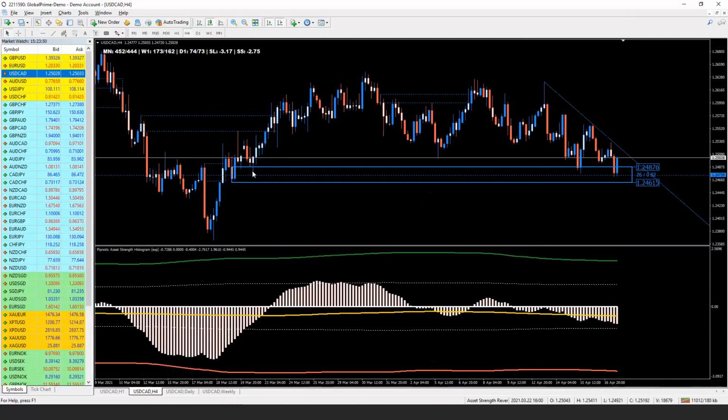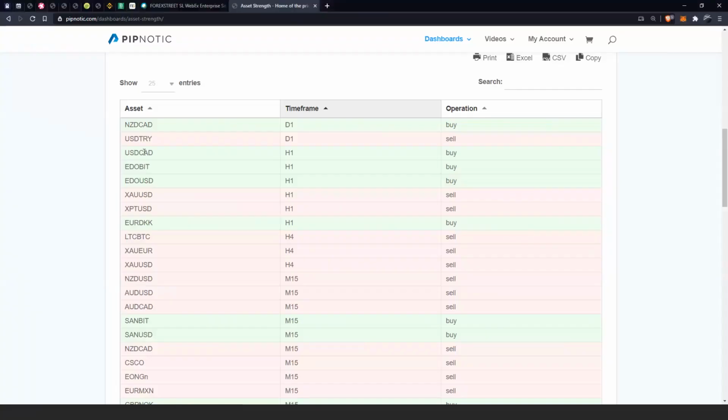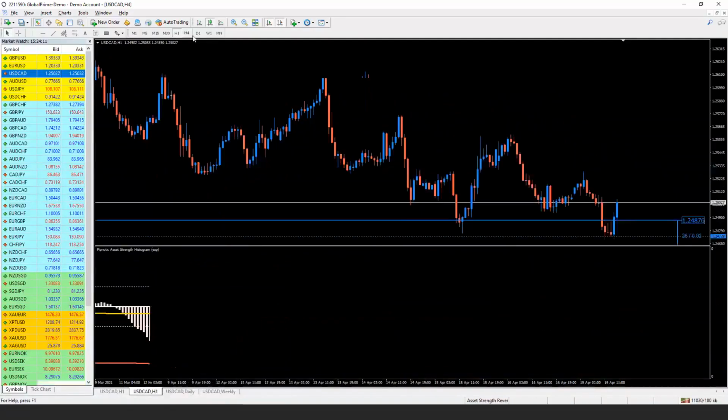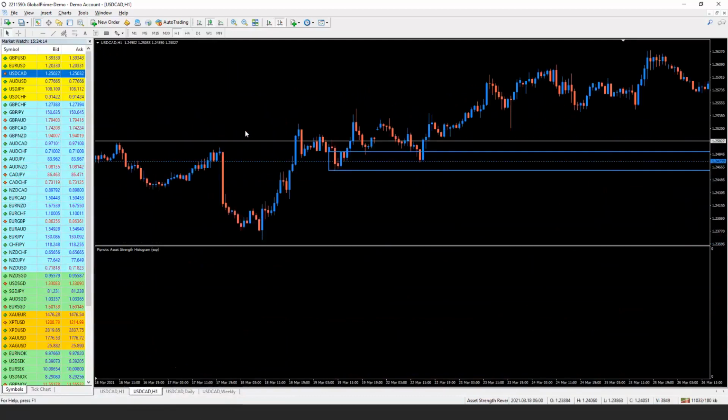So this would be the reference point for the future. Price almost came to it. We failed. The next test, price came to it. And so this is essentially what we were being told here on the 1 hour chart. So you go to the 1 hour chart. Let's just take this one and put it on the 1 hour. Then you can see the details of this. And it's probably a little bit clearer as well if we go all the way back here. Yeah, see, this is where we have